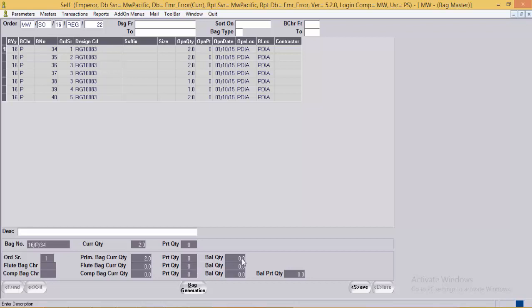And for the given order serial number, the system is displaying the balance quantity for which the bag has not yet been generated. Same for the flute bags and the component bags. Flute bag and component bag come into picture only if the respective module has been enabled in the system.